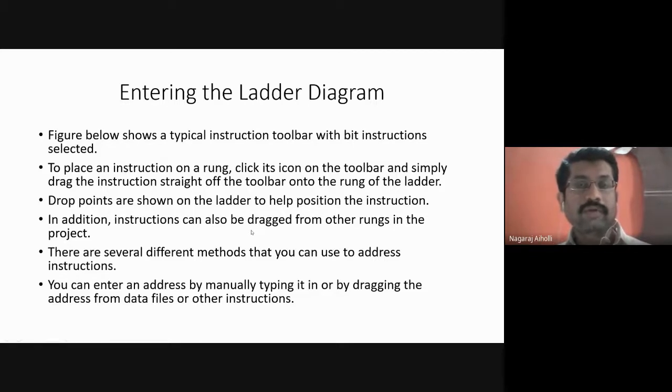Usually what we do, we write a program. Suppose we want one instruction, we are writing a next sub program within the same program itself. We copy the instruction from the above program and then we place it in the below program. Is it not? So it is as good as doing that. If you want the same instruction, we can drag it from the other ladder rungs and place it in the required rung. There are various methods that we can use to address the instructions.